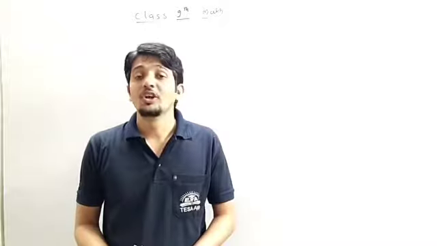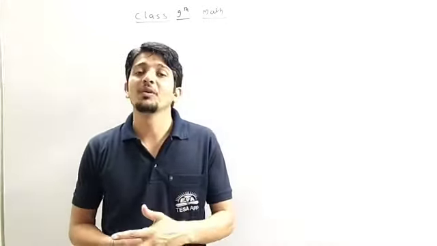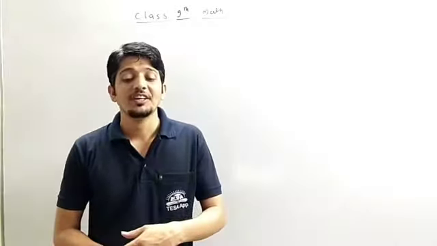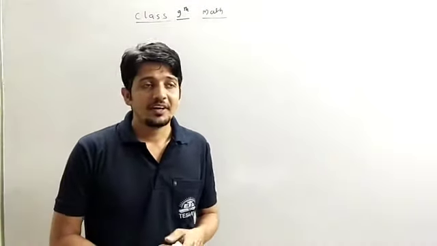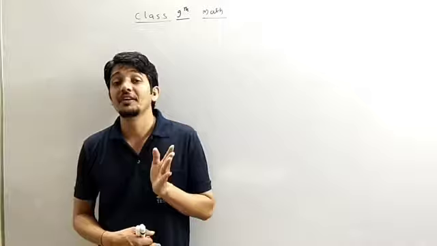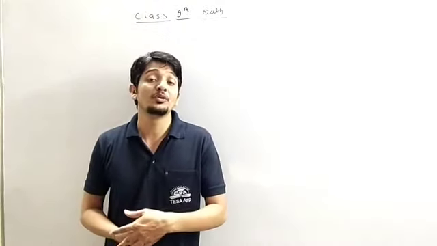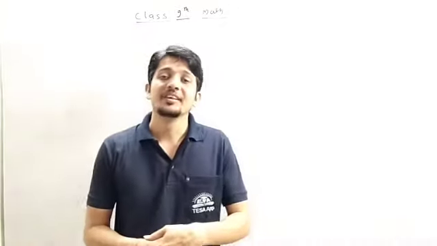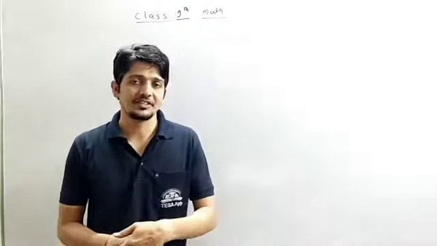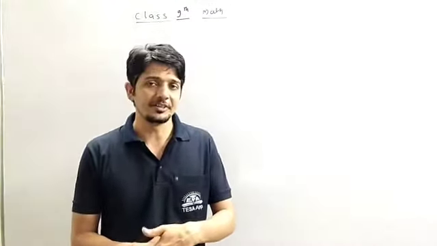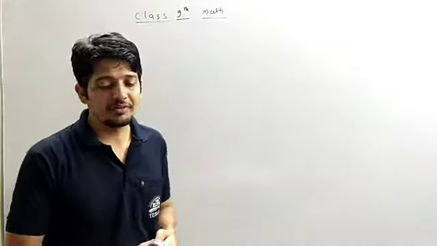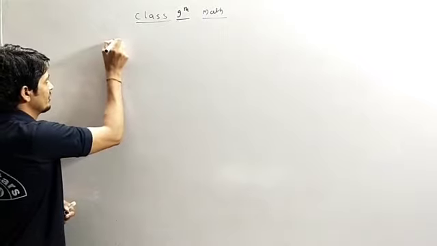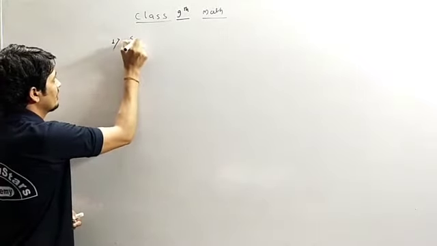So now we will solve the next solved problems, which are based on the simplification of surds. So in this part we will understand operations between two or more than two different surds. Okay, operation means addition and multiplication, or subtraction and division. So first question we have: simplify.